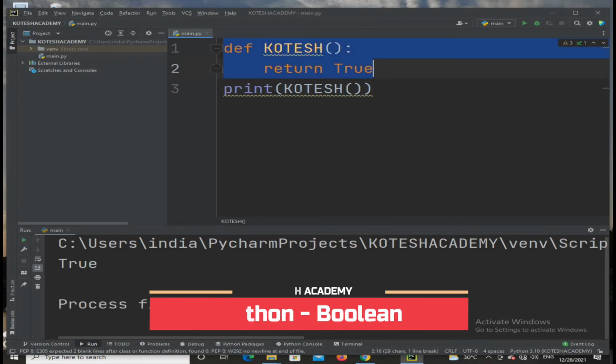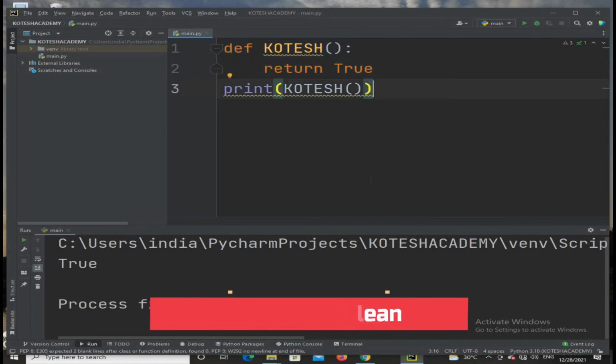This is the actual definition function. Based on that you can run the program. Okay. Thank you.